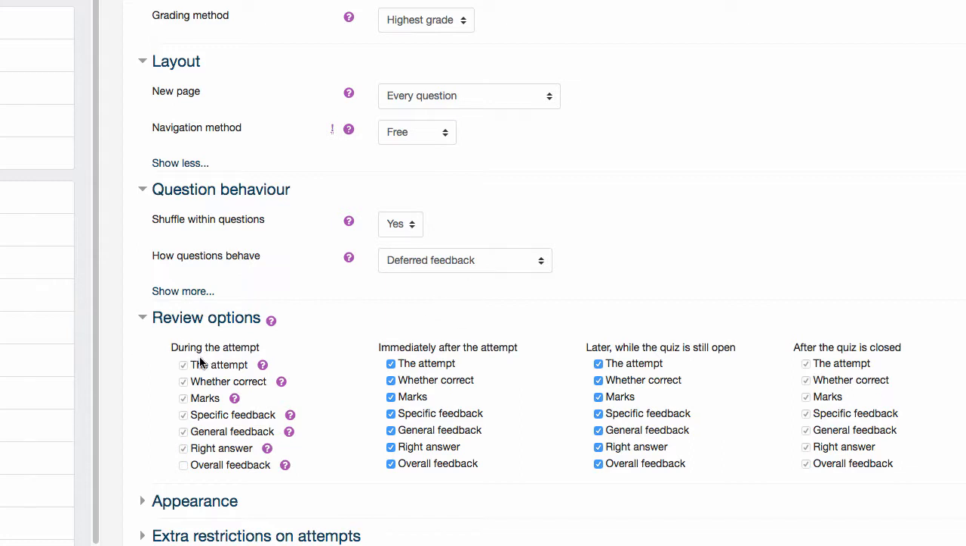So that's why during the attempt, these options are all grayed out, and you can't check off or remove any of the checks, because it's just supposed to be assumed that using deferred feedback, they're not going to get any information during that attempt. If you are giving multiple attempts, you may want to then look at these other review options here,